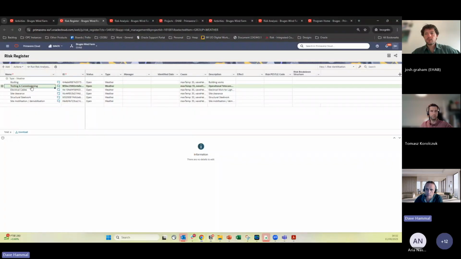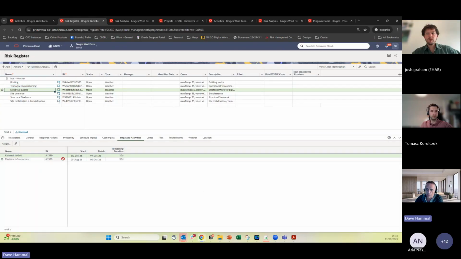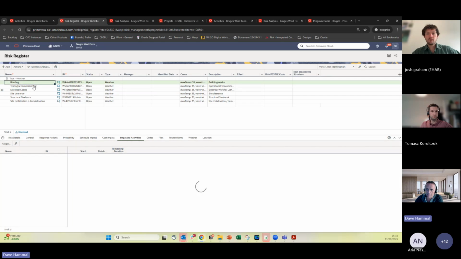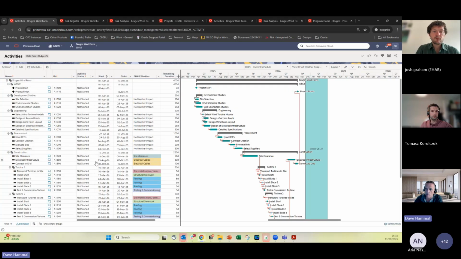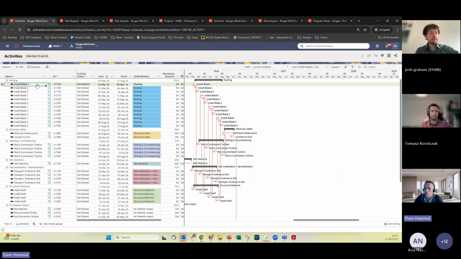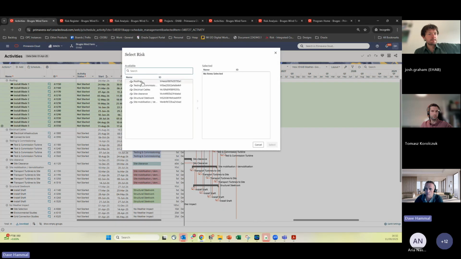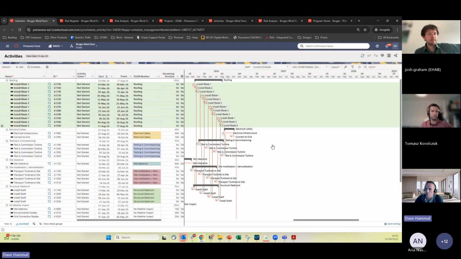I've got in this case the six different categories. For most of these, I've cheated a little bit to save time. I've got the impacted activities, which, if you've done the mapping as Josh showed you inside of EHAB, would be the case. The other option is to get them without the mapping, and you could do that within here as well. If I switch to another view where I have grouped by these categories instead, I could grab all of my different roofing activities that are next to each other and just say I want to assign to these 12 activities the risk that's called roofing. That would be the other way to approach this.